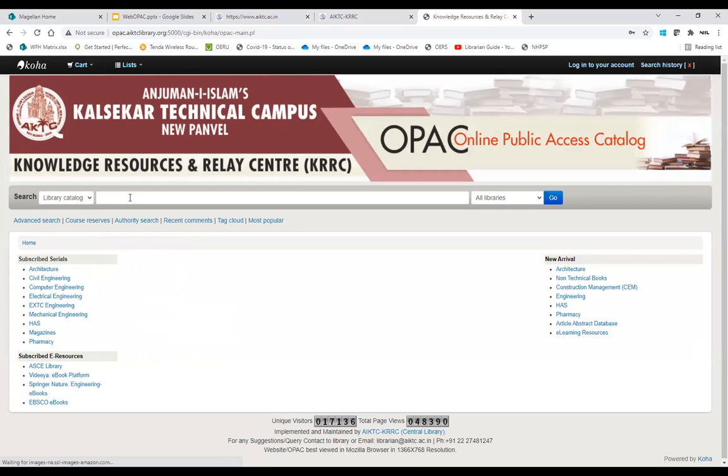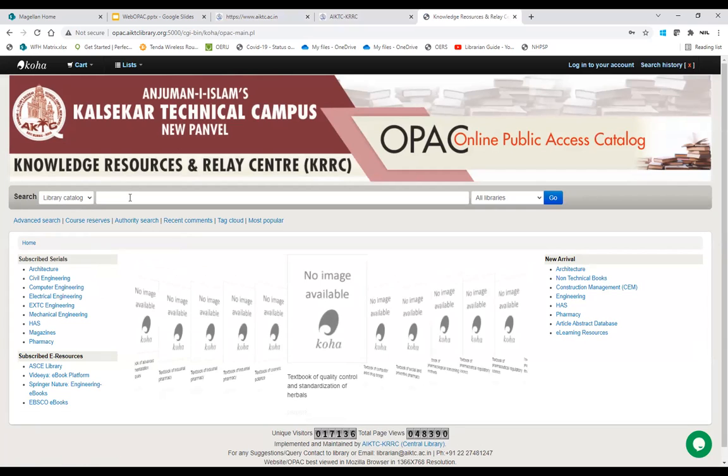You can search the library contents, library materials. Just type your keywords. You can search by title, author, subject, series, call number, accession number, whatever you know, just type it and search.